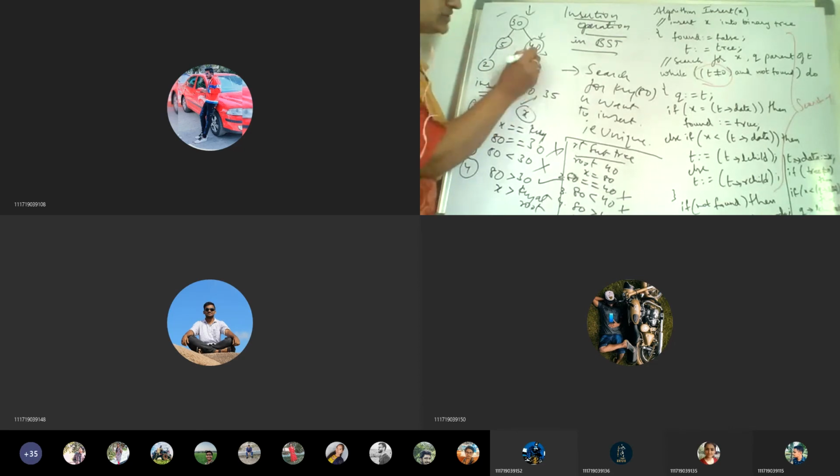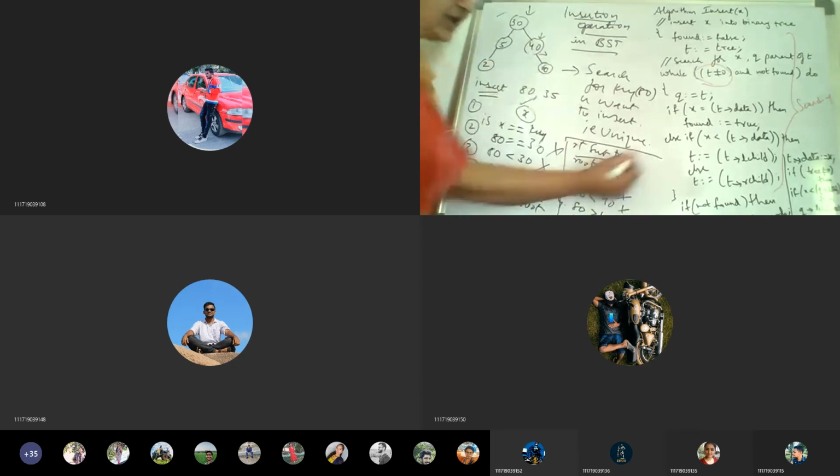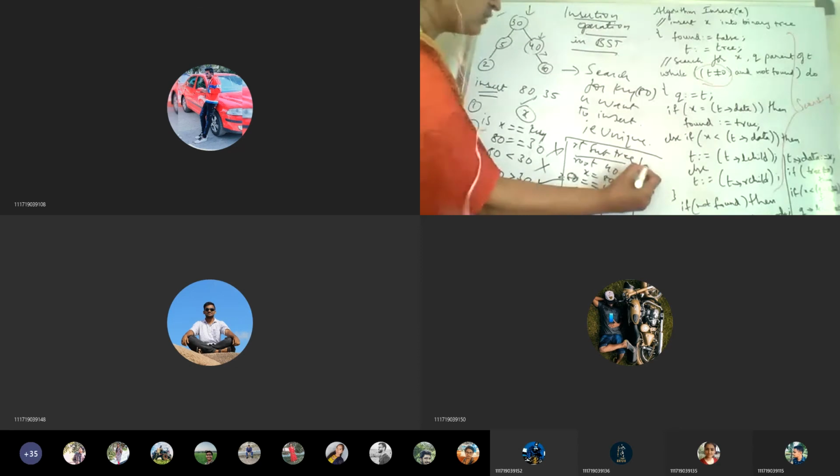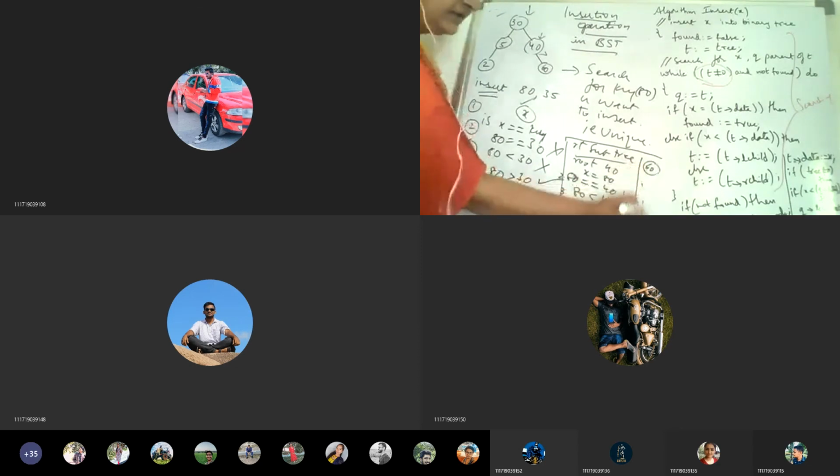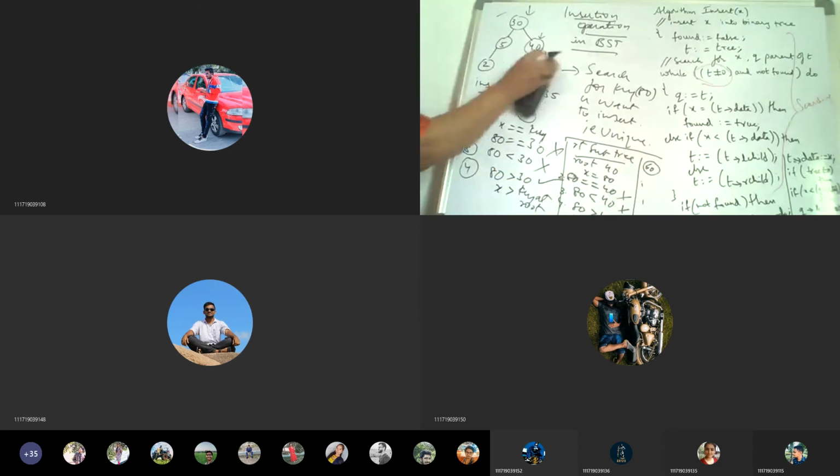Okay. Say suppose there is one more node here, say some 60. So again what will happen? One more iteration. Again the root node will be 60. Again it will check. So in this case, is the right subtree empty here for 40? Yes. So our search has ended here.